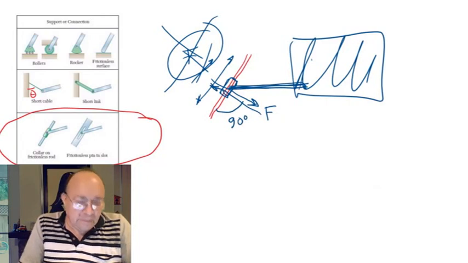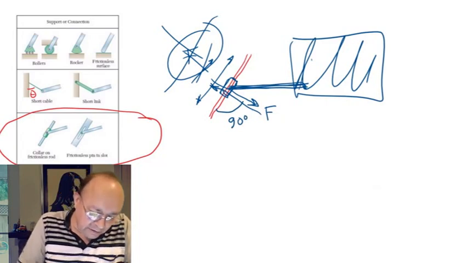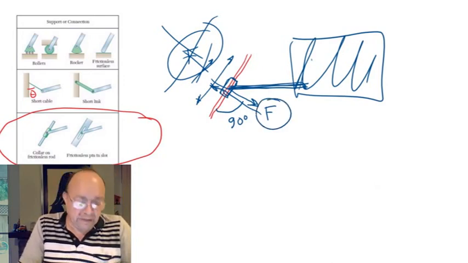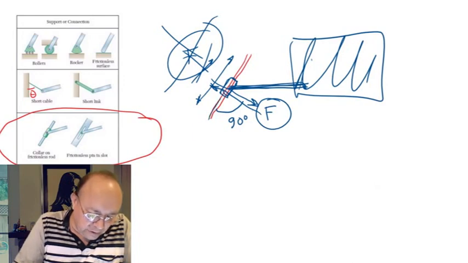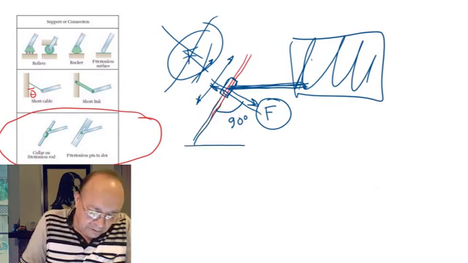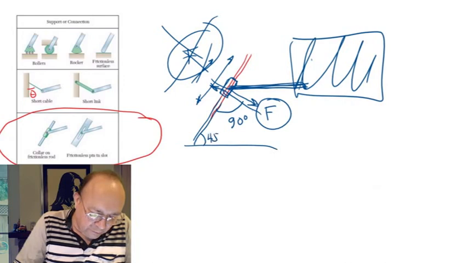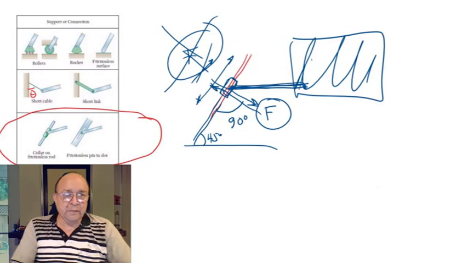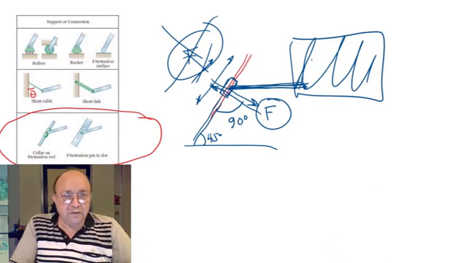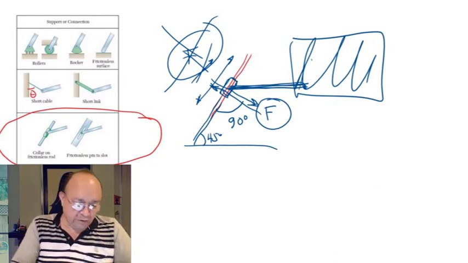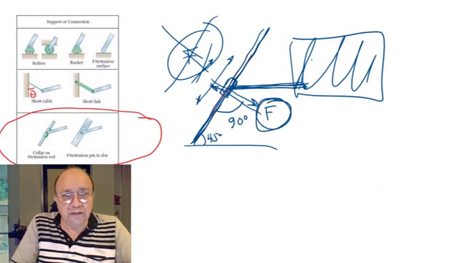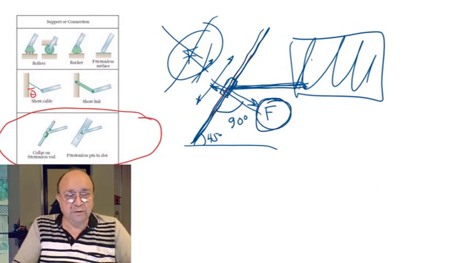In that case, it's similar to the previous case. It's only one unknown, the magnitude of the force, but the direction is given. It's 90 degrees to whatever direction the rod has. Let's say this is 45 degrees or whatever, it's going to be given. So the direction of the force is known. With the geometry, you're going to know because it's perpendicular to this rod. So the only unknown will be the magnitude of the force.